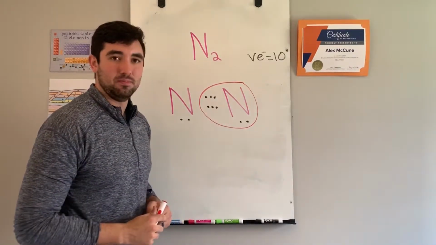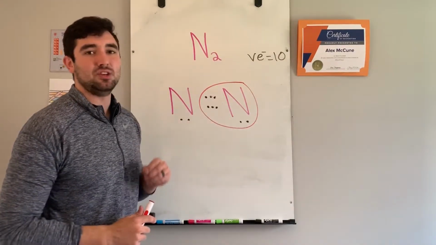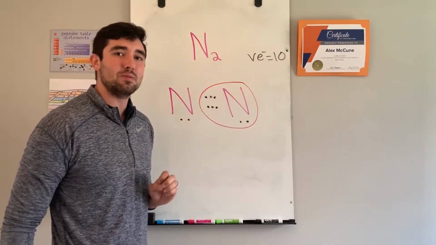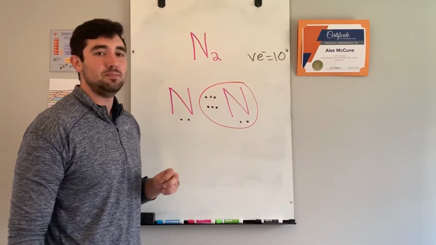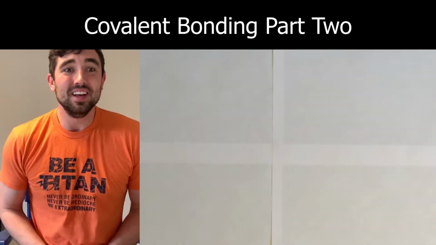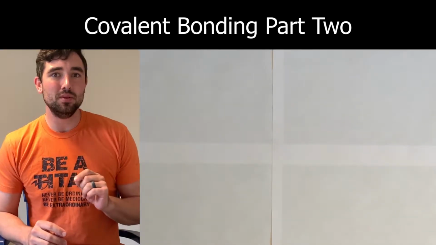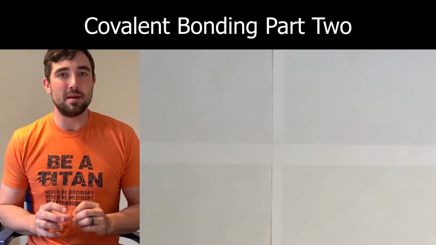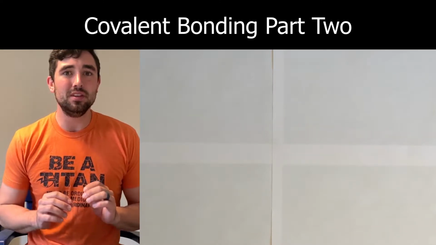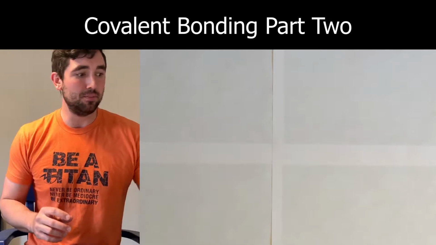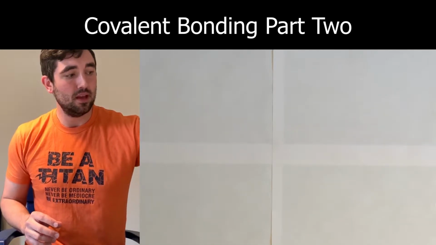Both of them are perfectly bonded together, but they need to utilize a triple bond, or 3 shared pairs of electrons, in order to make this molecule happen. So now that we have seen a double bond and a triple bond up on the whiteboard, we want to take those same principles from step 5 and apply them to a few of the more difficult problems that we might encounter. The first one we're going to look at is